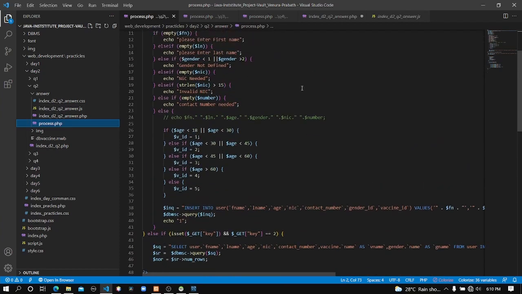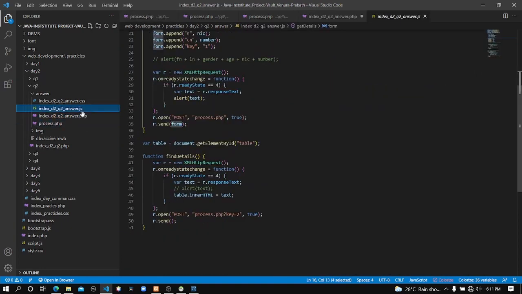In that file, you can see there is no visible data. There's no design in this file, only a process. You can see there are if else blocks like that. Only a process will be executed within this file, and this file cannot be executed on the client side. Only the server side will execute this file. Okay,